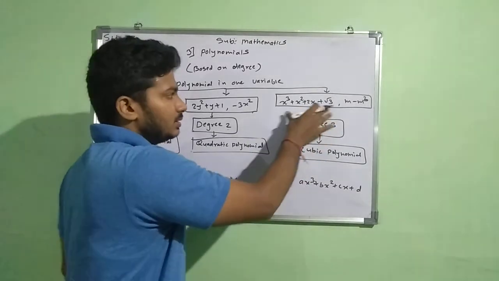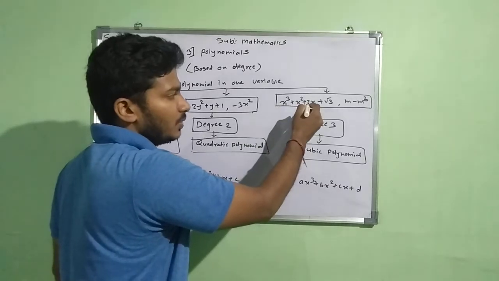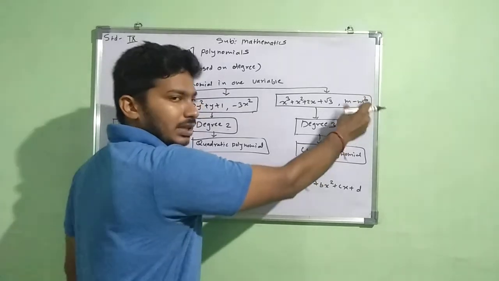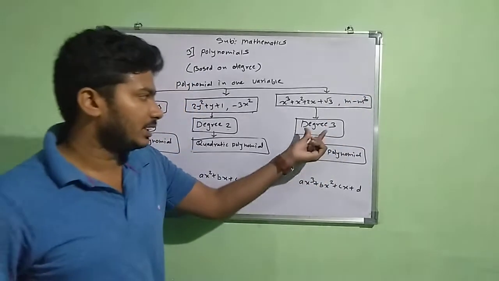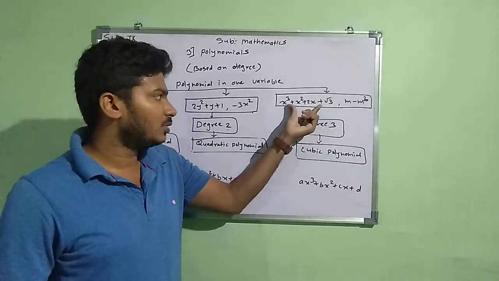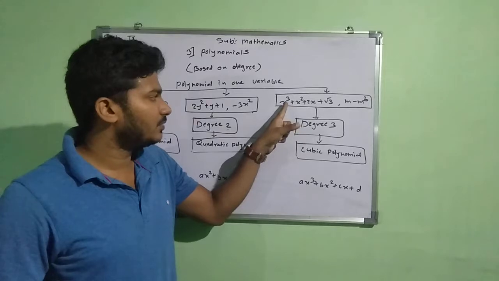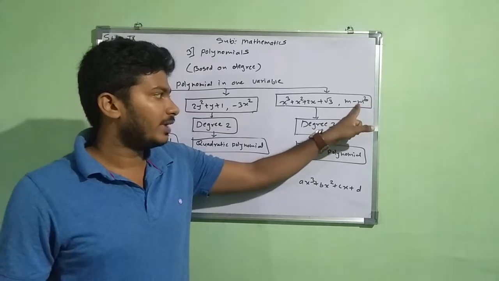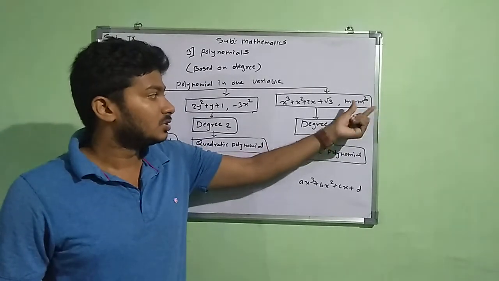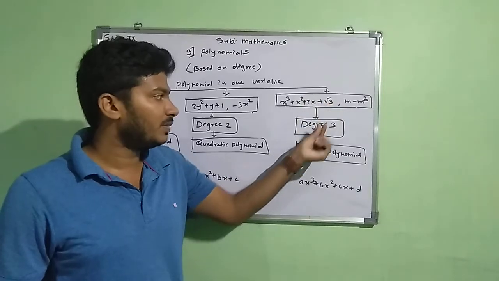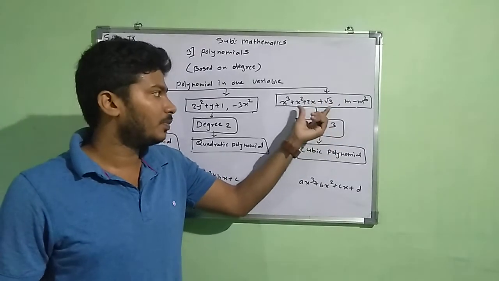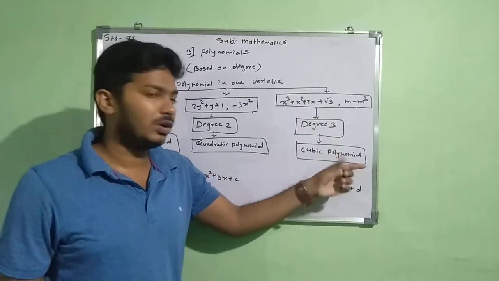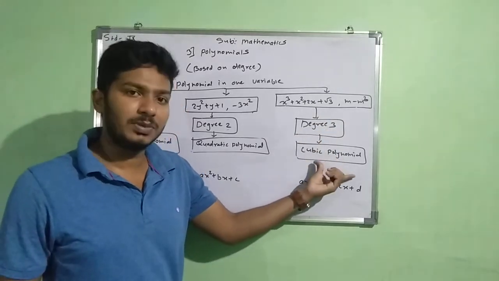Similarly, if you look at the third type, x cube plus x square plus 2x plus root 3, this is the first polynomial, and here m minus m cube, this is another polynomial, another example. So if you carefully look at the degree of the two polynomials, at the first polynomial, degree means highest power of the variable. Variable we have x and the highest power is 3. Similarly, at the another example, we have variable as m and the highest power will be 3. So here we got the degree of both the polynomial as a 3. So if you have the polynomial having degree 3, on that time that polynomial is called as a cubic polynomial, because the degree is 3, that is why it is called as a cubic polynomial.